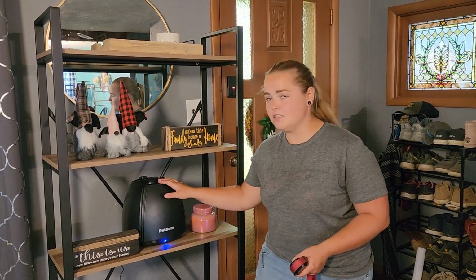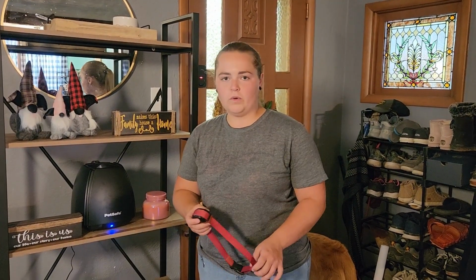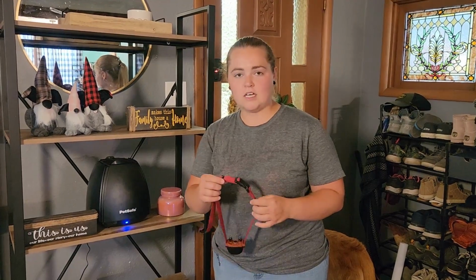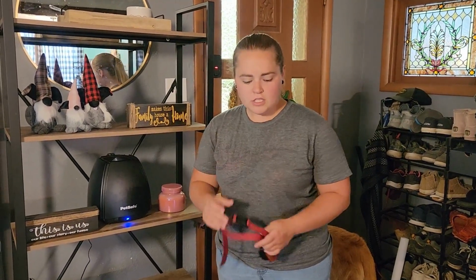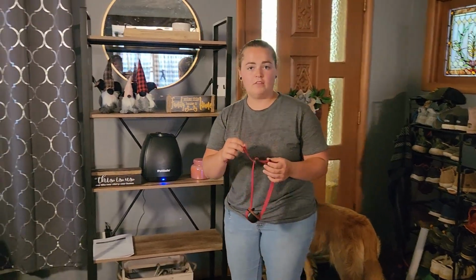So I'm going to show you how to get this set up and a little bit about what the boundary is going to look like once you get it set up out in your yard. So the first thing we're going to start with is the collar. One thing I will mention about this collar, which is super nice, is that it is a very large collar. So it's going to fit a Great Pyrenees,